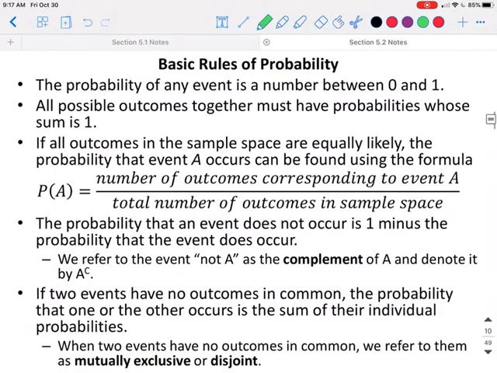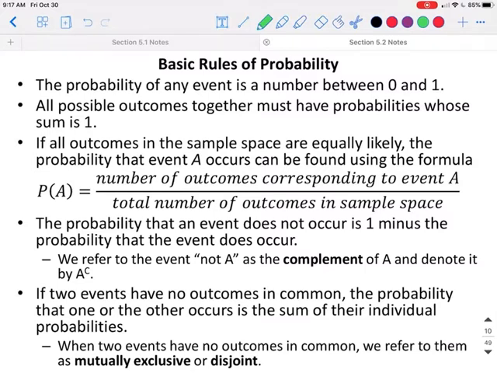So our basic rules of probability: the probability of an event is a number between 0 and 1. All possible outcomes together must have probabilities whose sum is 1. If all outcomes in the sample space are equally likely, the probability that event A occurs can be found using the formula P of A equals the number of outcomes corresponding to event A over the total number of outcomes